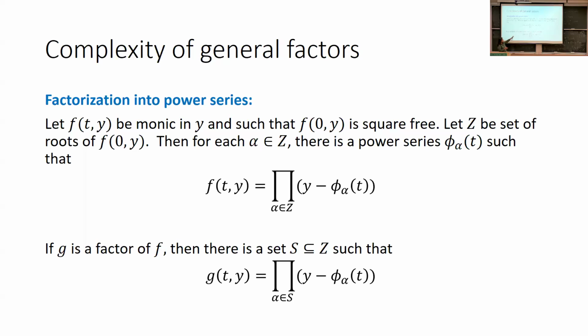Once I know that roots have small complexity, any factor is of this form, and I need to show that this expression has small complexity. But when I say that the roots have small complexity, they have small complexity as power series. So the coefficient of t to the i will have smallish complexity. But these are infinite power series, and a true factor would pick some subset of them, and when you take this product, everything cancels out and you get a true polynomial.